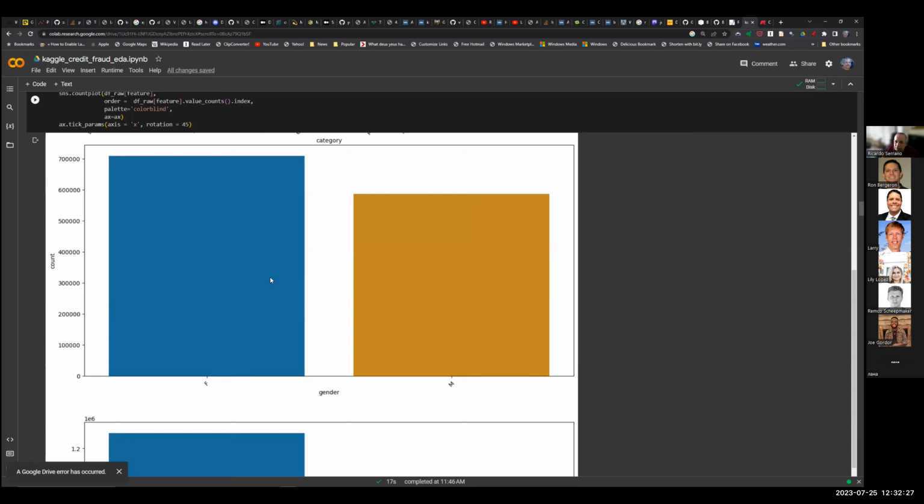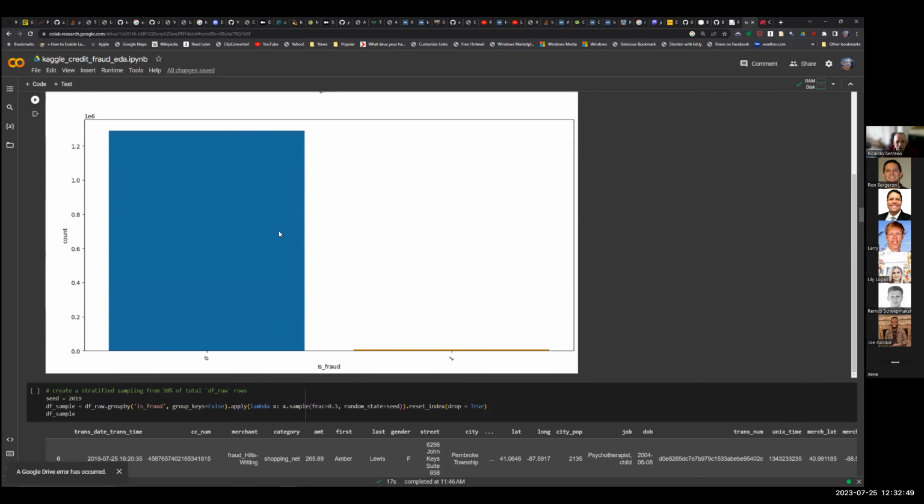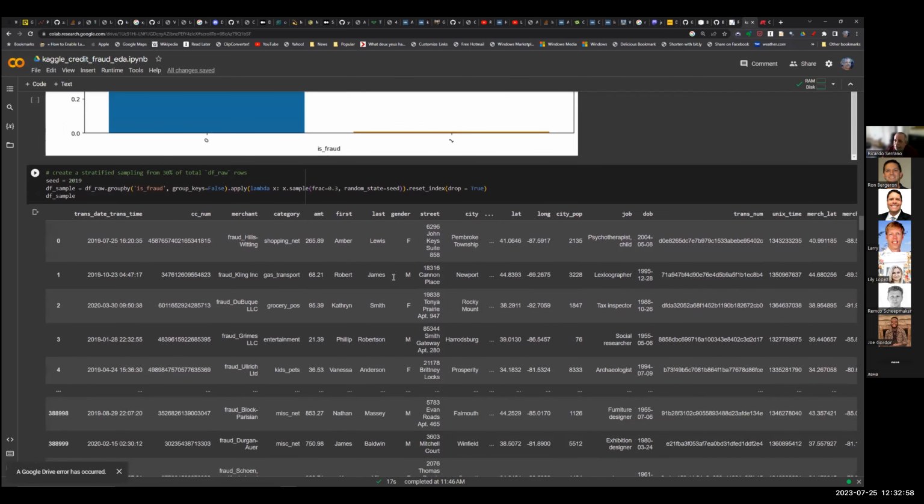Then we have the gender. In this database, we have more females than males. So that could be interesting. What is the relationship between gender and fraudulent transactions? By being female, are you more exposed for your transaction to be fraudulent than male, or vice versa? All right, and then we have our fraud category. As I told you, now you can see visually that it is highly imbalanced. Any comments? Please,